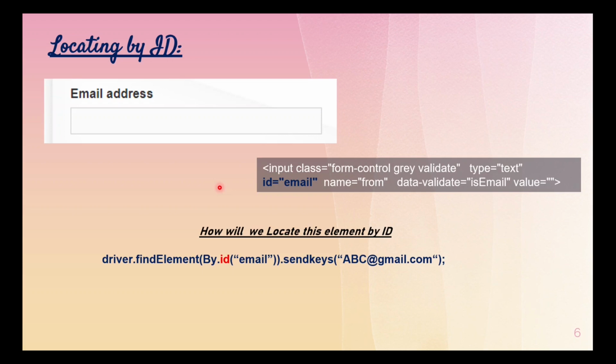Now let us assume this is your text box, email address, and you want to send some value here. You want to automate this field. You inspect this field and want to send a value. How are you going to do that? This is the HTML syntax for this text box. So how will we locate this element by ID? We will simply write